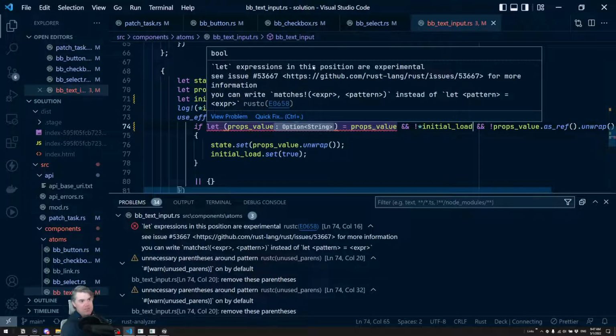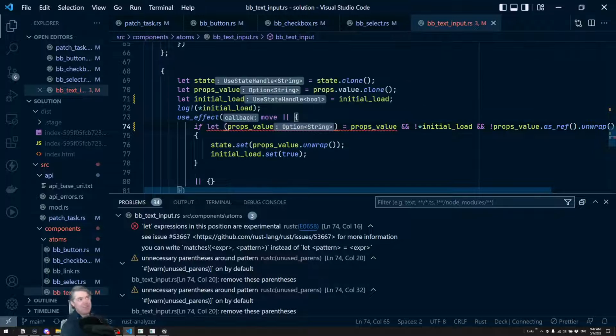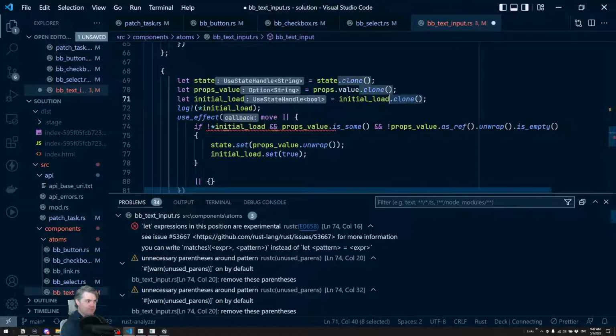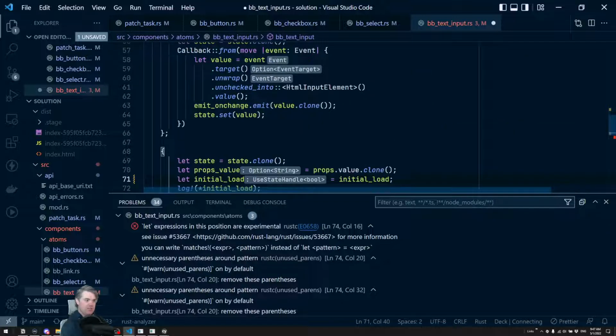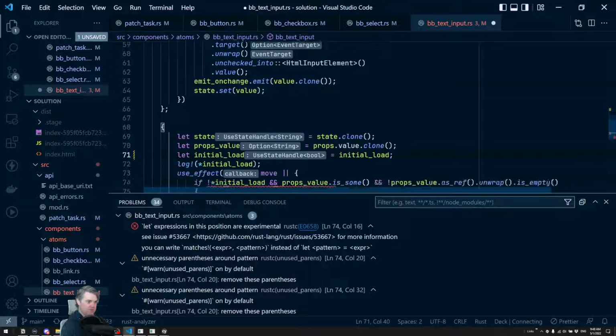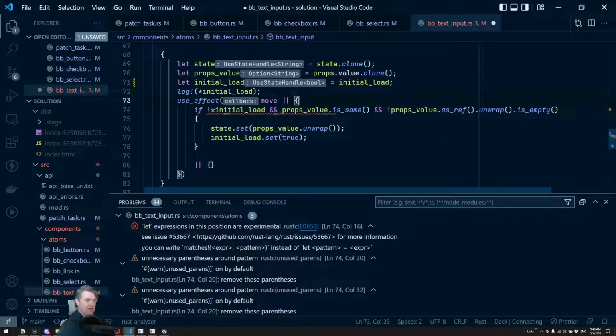Let expressions in this position are experimental. Okay, so I can't actually do something like this, unfortunately. So it's going to want me to do this in a separate statement, I bet. So hold on, let's undo this. Okay, so bring back the new. Say we stop cloning that. Okay, so what if we just